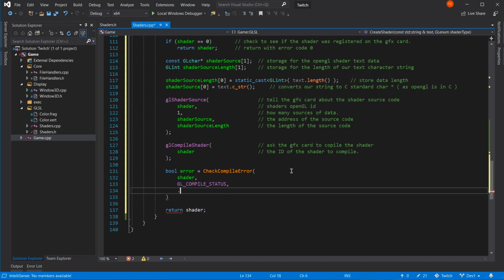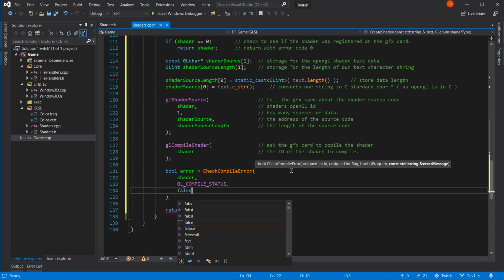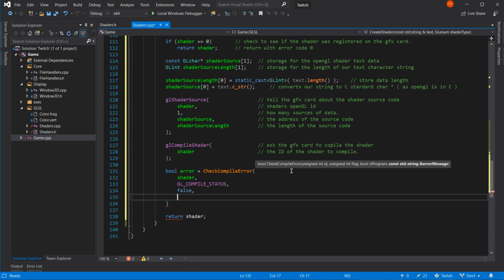What did it want next? Sorry, I've lost track. Come back to me. Thank you. Alright, so we've got our flag. Bool isProgram false. It's a shader, not the program. We haven't got that far yet. And error message. GL compile shader failed.